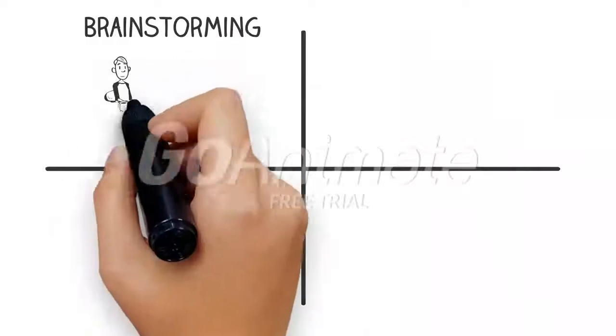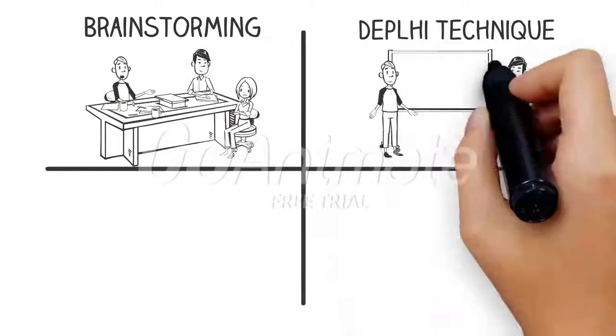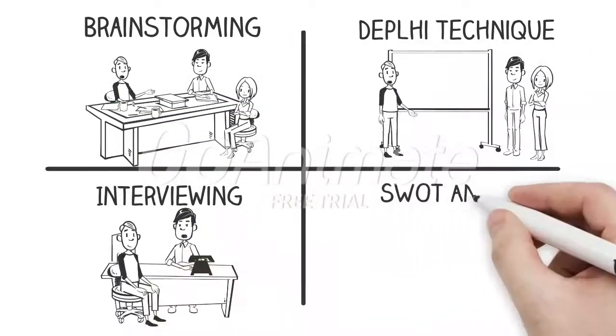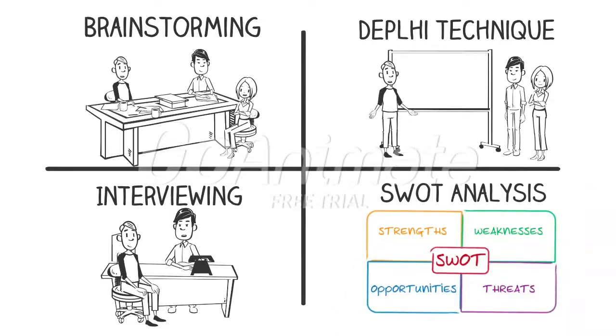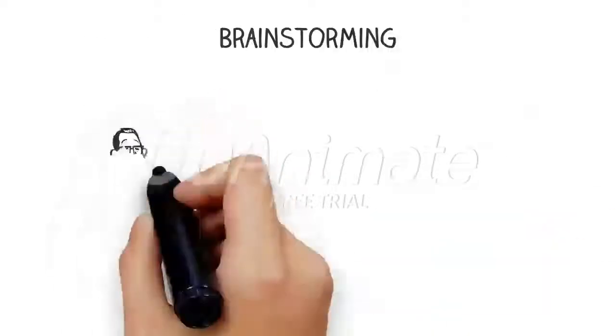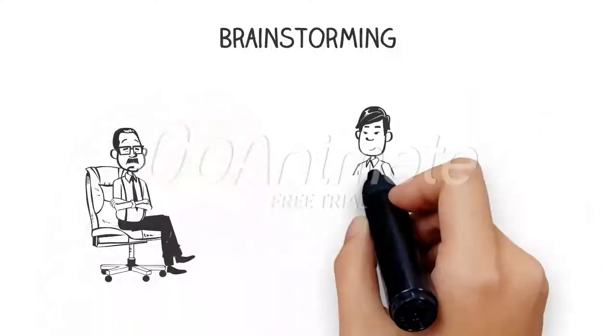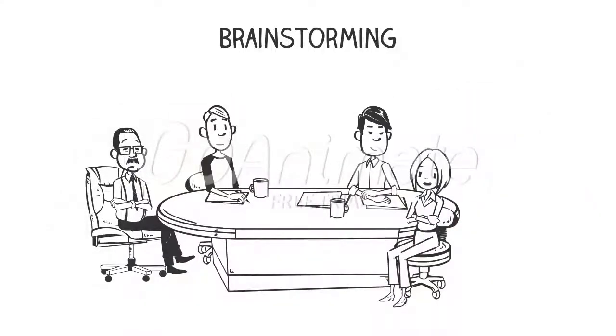There are several tools and techniques for identifying risks. These common information gathering techniques include brainstorming, the Delphi Technique, interviewing, and SWOT analysis. Brainstorming is a technique by which a group attempts to generate ideas or find a solution for a specific problem by amassing ideas spontaneously without judgment. This approach can help the group to create a comprehensive list of risks to address later in the qualitative and